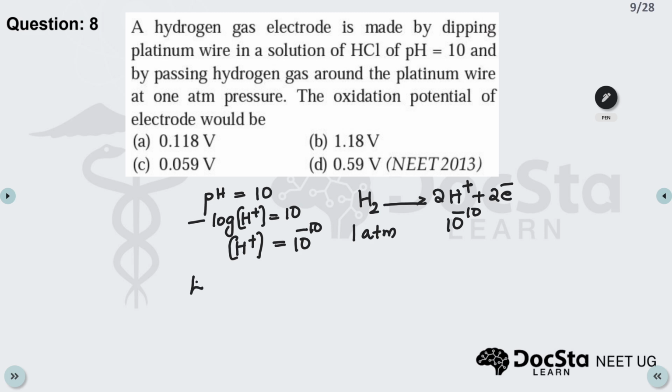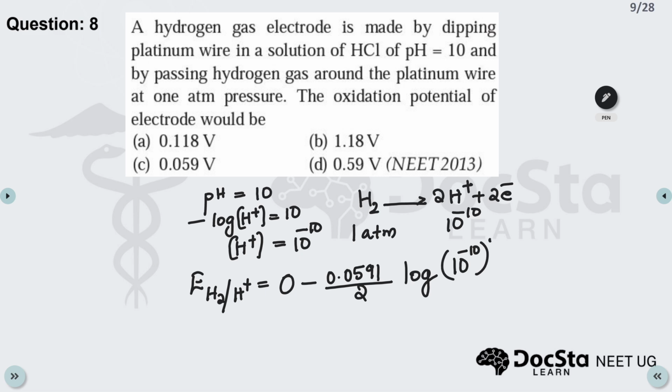Now we have to write the Nernst equation, that is E H2 bar H plus is equal to, since it is a hydrogen electrode, E0 value is 0 minus 0.0591 by number of electrons involved here is 2. So you have to divide this by 2 log concentration of H plus ions, that is 10 to the power of minus 10 raised to the square, divided by the pressure, that is 1 atmosphere. So on solving this, you get the value of E hydrogen bar H plus equal to